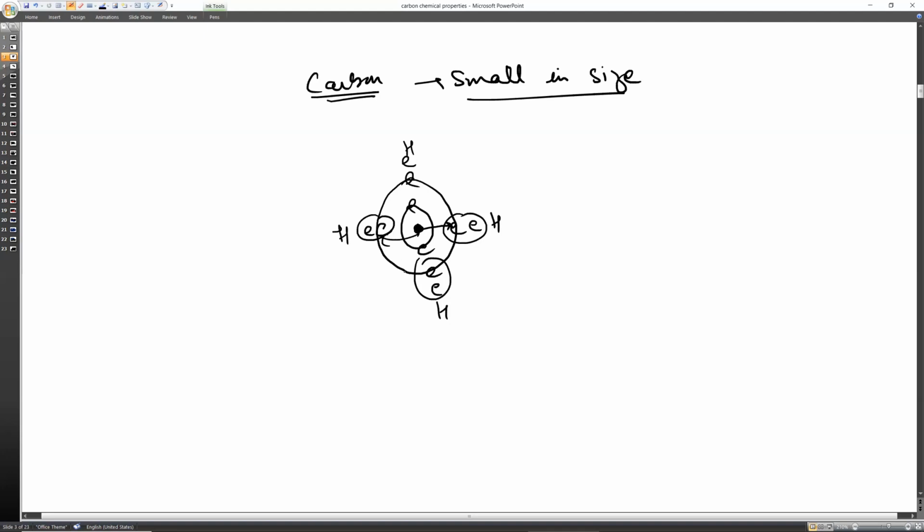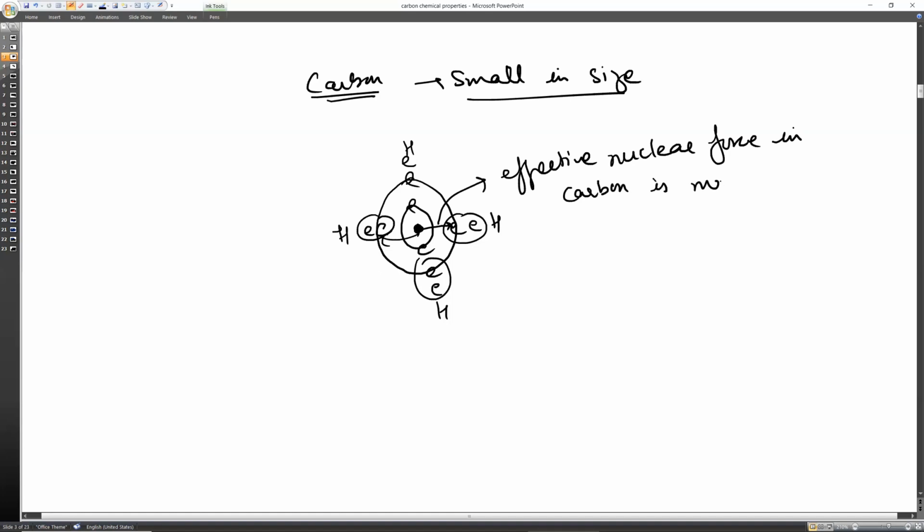They are not very far away from the nucleus, so the nucleus can hold them with a very strong force. So we will say that the effective nuclear force in carbon